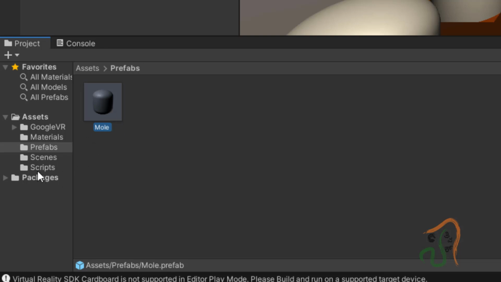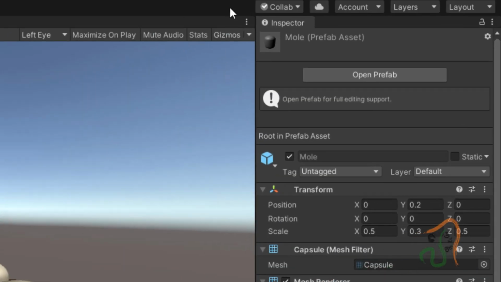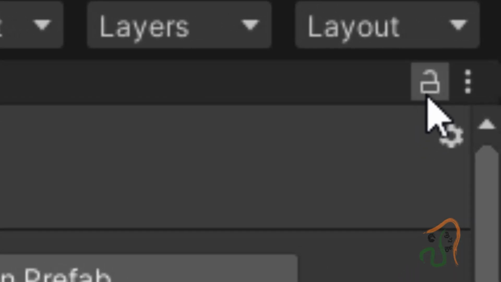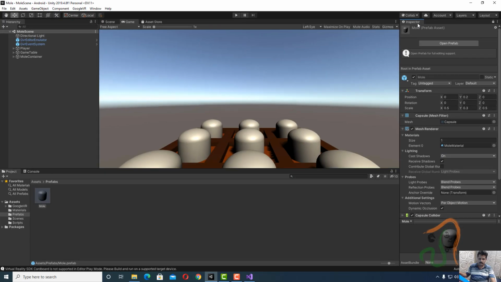Now if I change to script, if you come back to the inspector window, this inspector window is going to change. So I will choose mole, and in inspector window you have a lock button here. Click on this lock button so that this display remains as it is even if we select other objects.